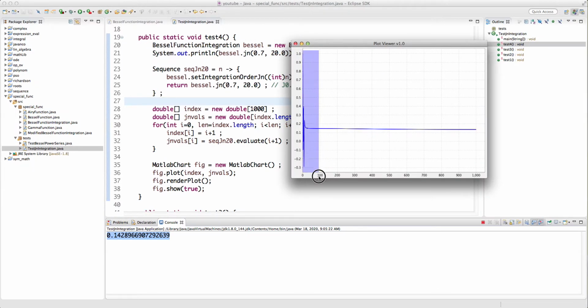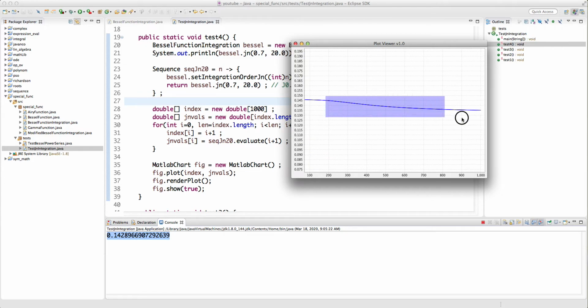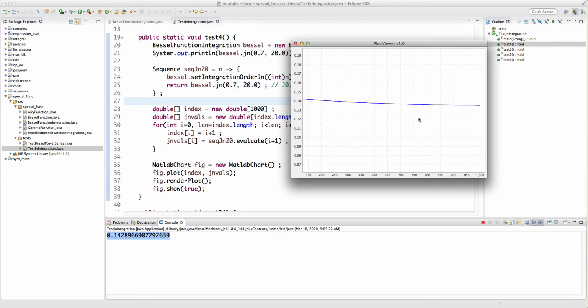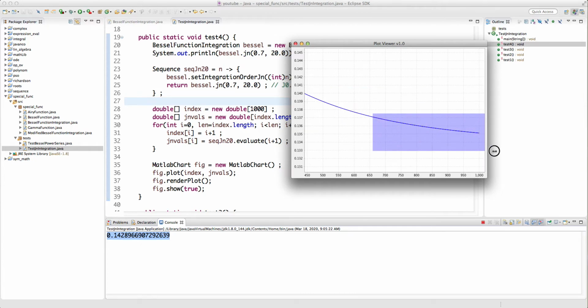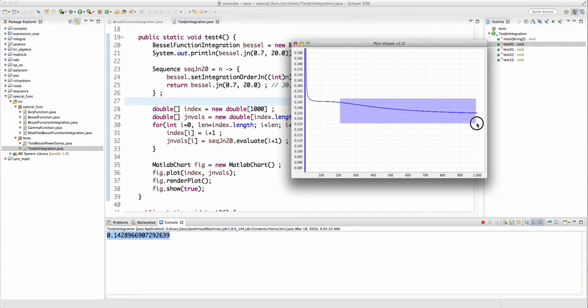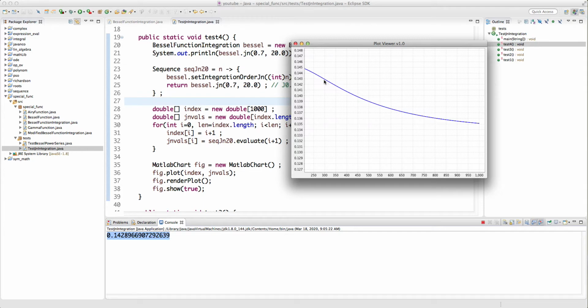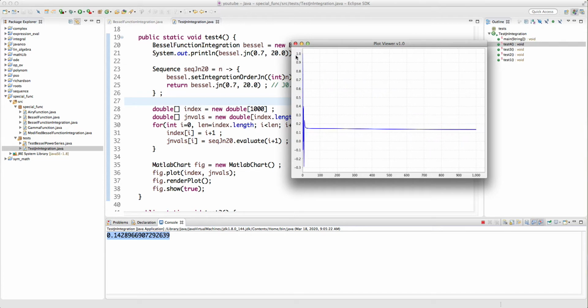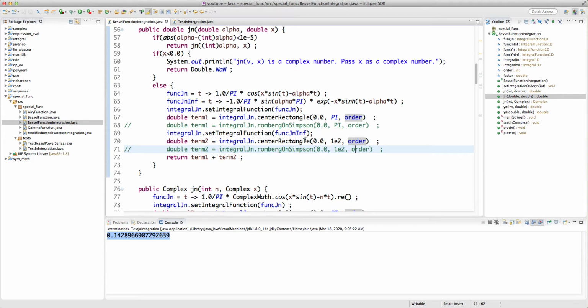So as you can see, we do get a convergence. The convergence is definitely not good. So first of all, as you can see, we are calculating at 300, which returns 0.143. And we see that we still do get a better number if we go to 1000, which is 0.135, and it's closer to 0.133 that Mathematica was returning. So the problem is that our integration is not